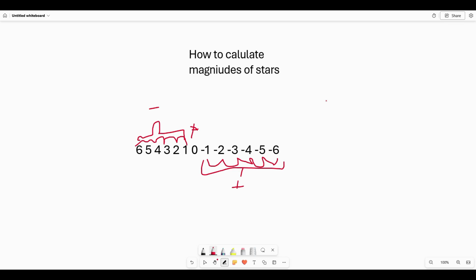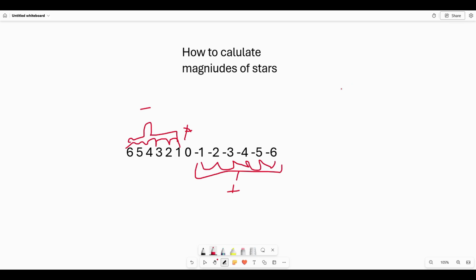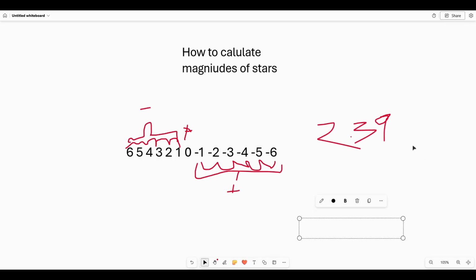Jupiter's magnitude is 2.39. So we've got 2.39. Then we have to just get the power,